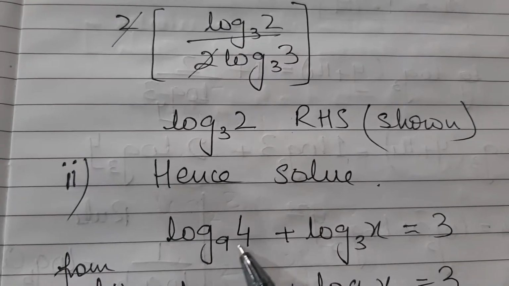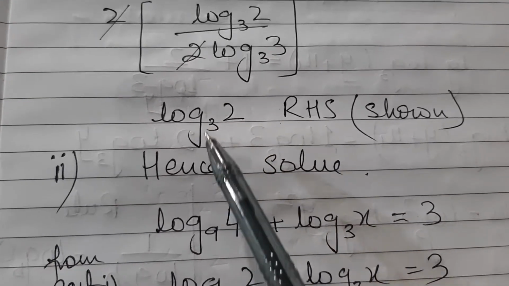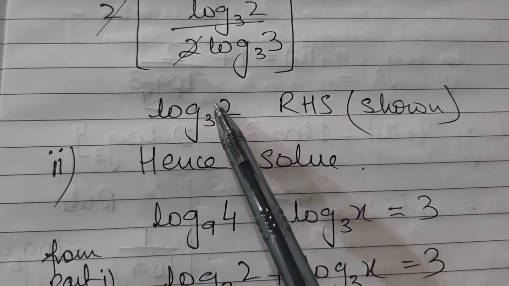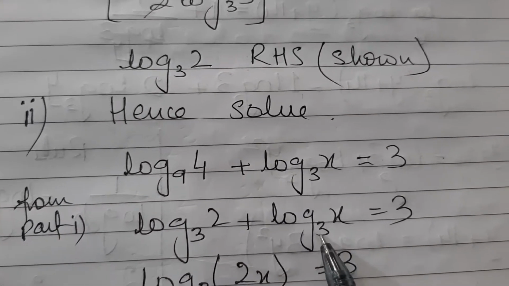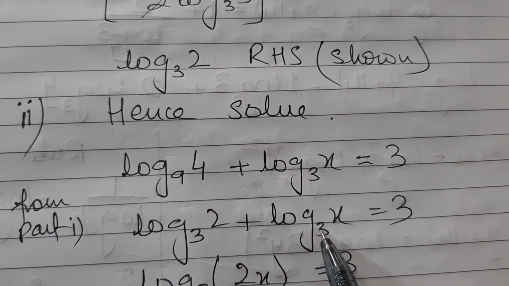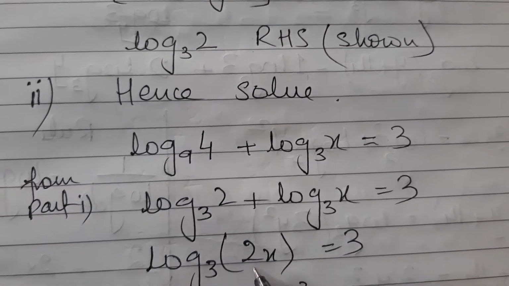And we have just proven that this part is equal to this. So I will replace this whole part by this. You can see here from part 3. Now here I have two terms with the same base 3. So I can apply the product rule, 2 multiplied by x, which I am doing here,